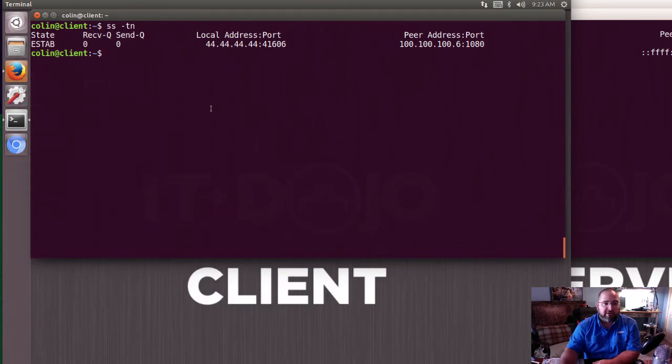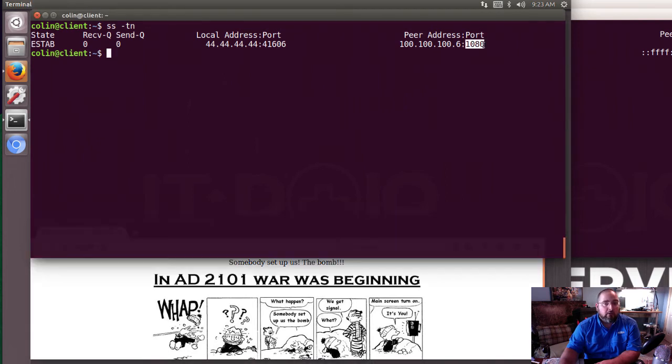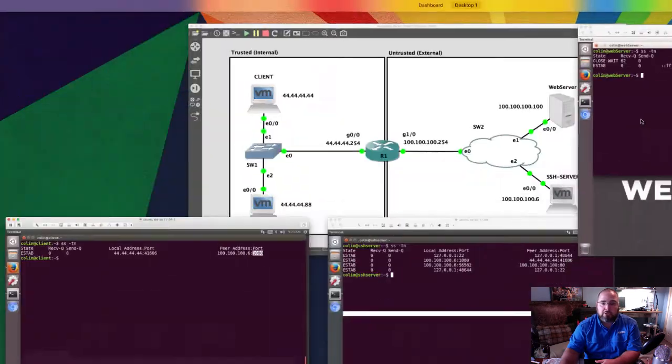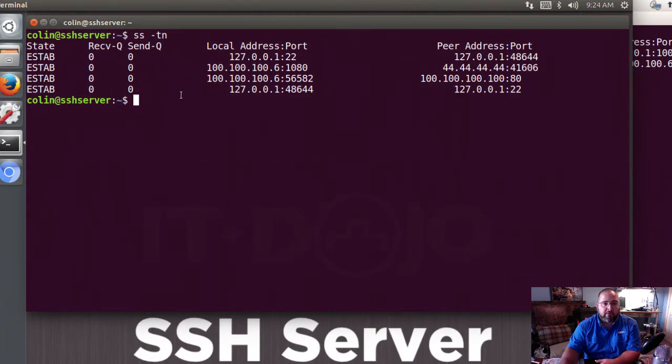And notice that even though the web browser is at 100.100.100.100, our connection doesn't go there. Our connection, because it's now configured to use the gateway, is actually coming from our local computer using an ephemeral port, going to port 1080 on the actual gateway, which is our SSH server acting as the gateway here, which is 100.100.100.6. If we actually go to the SSH server, who's acting as our gateway, we'll see that there's a connection from